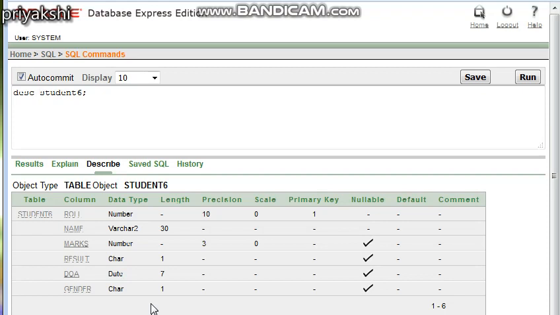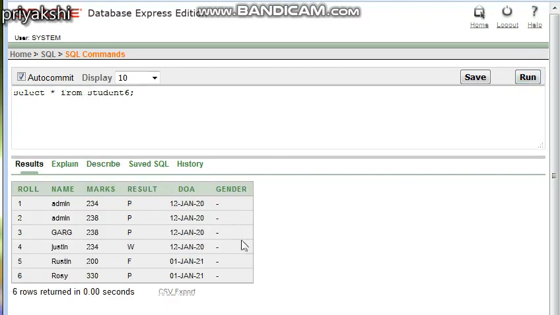But if you see the values of the database, in that gender column all the values are missing, because we did not enter any value when we inserted the rows earlier, before the table structure was changed and gender was included. How can you make it a consistent database? How can you insert the value after the database has been changed? You don't have to repeat the insert into step. You can do it by using update.